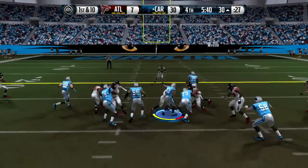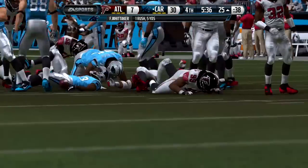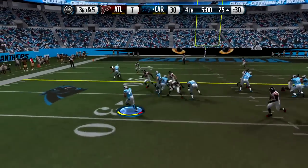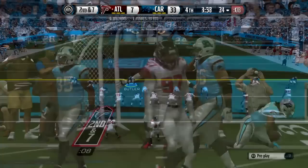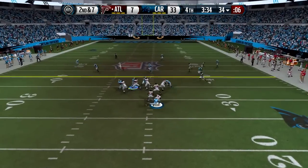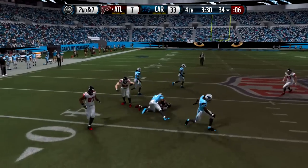In the game at quarterback is Taj Boyd. Another game getting some snaps for the young second stringer as Whitaker gains 5. Williams now in the game, and it's a toss outside. And Williams gets close to the marker, but I don't think he got there. Another field goal for Graham Gano. It's 33-7, and now backup defenders in the game as Ryan's able to stay on his feet and finds Julio